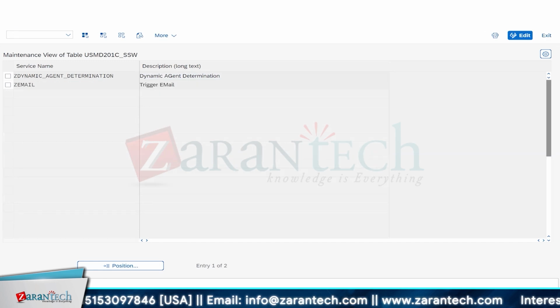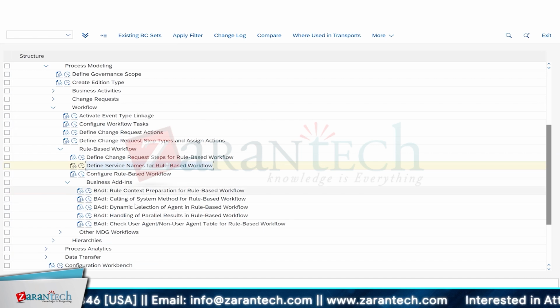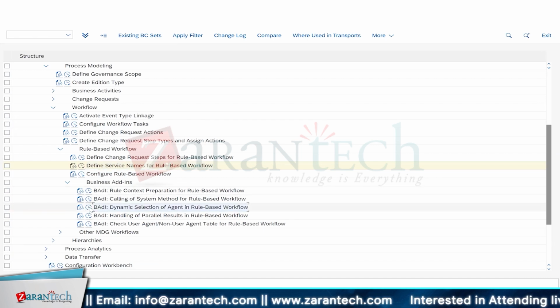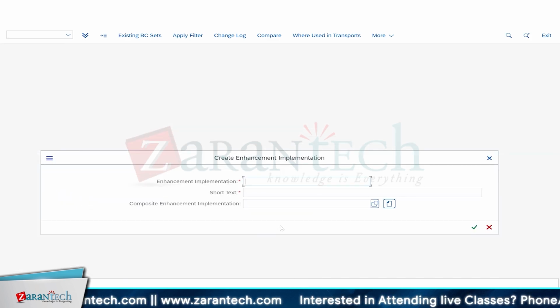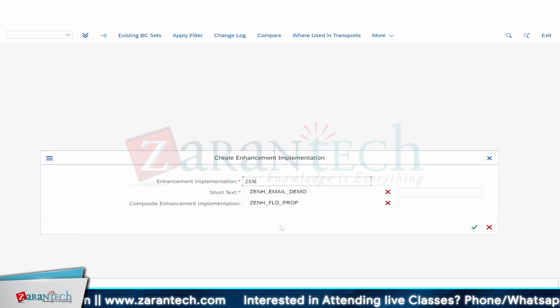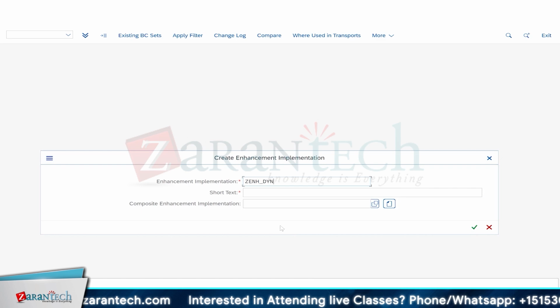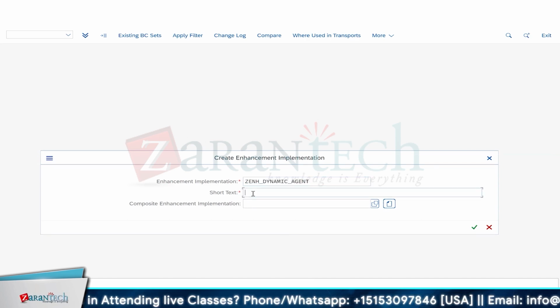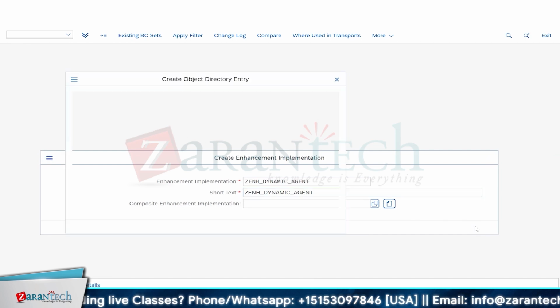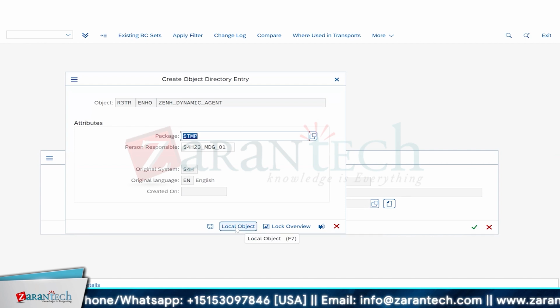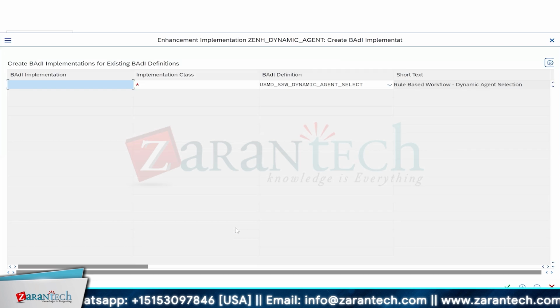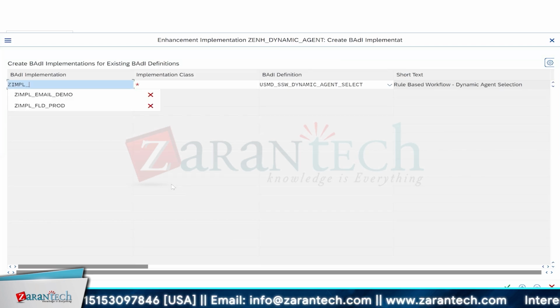Now let's go to this particular baddie, dynamic agent selection. Implement this baddie just like how we implemented earlier. ENH_dynamic_agent. If you understand that system call thing, I mean, how we are linking these baddies with our user agent decision tables, all the other 3 scenarios also follow the same approach. So ZIMPL_